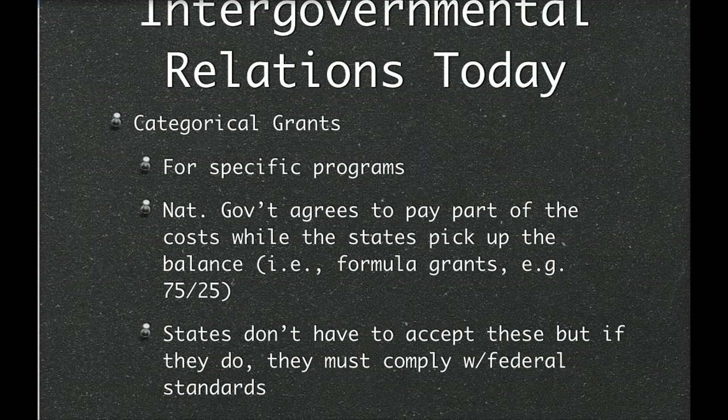And state and local officials complain that these grants are often too narrow and cannot be adapted easily to meet local needs, because it's assumed that the poor in South Carolina or Mississippi need exactly the same things as the poor in, let's say, Milwaukee or Chicago, even though they live in very different circumstances. You have to treat them and appropriate the money in the same way, and it doesn't quite work.